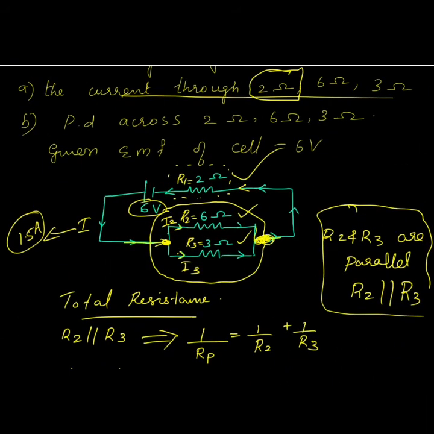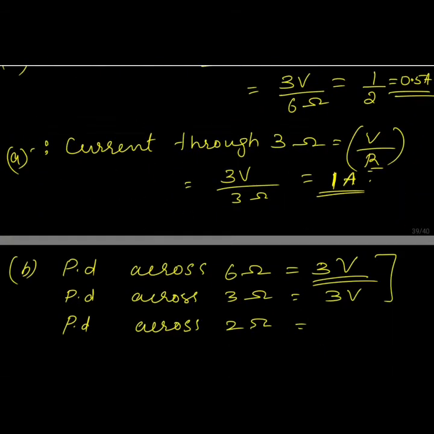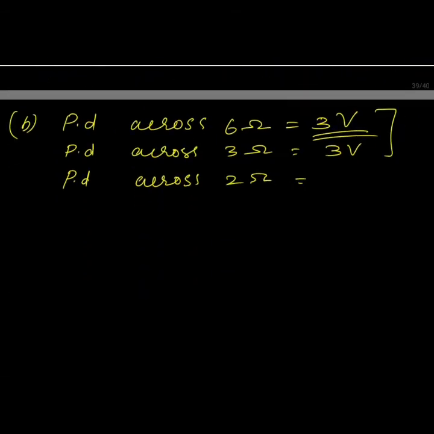Then we have to find the voltage across 2 ohm. You know the total voltage is what? 6 volt. So if 3 is given for this network, the rest of the 3 will be given for whom? 2 ohm. So it is easy. You can write the potential difference across 2 ohm is equal to EMF minus 3 volt, that is 6 volt minus 3 volt, which is equal to 3 volt itself. So that is how we solve the network and find the current and voltage across different resistors.